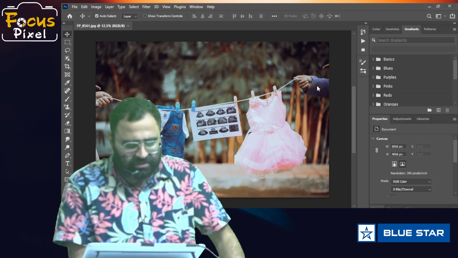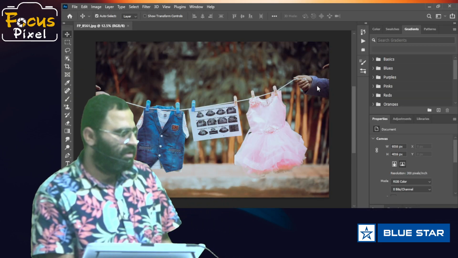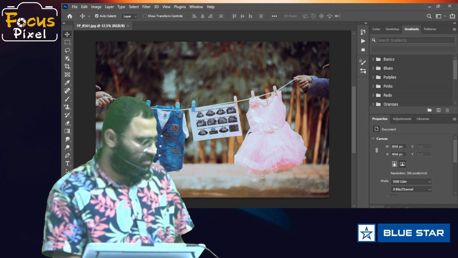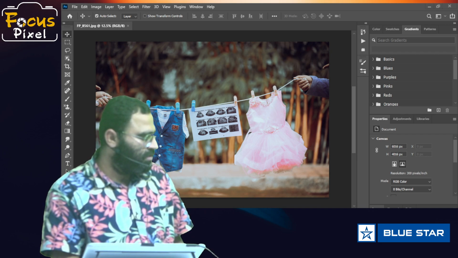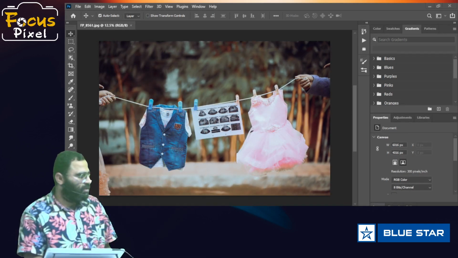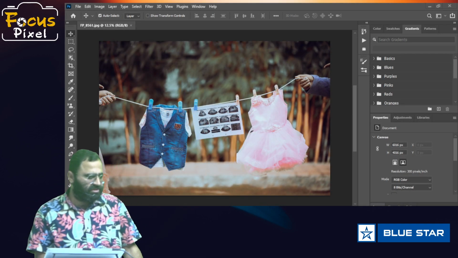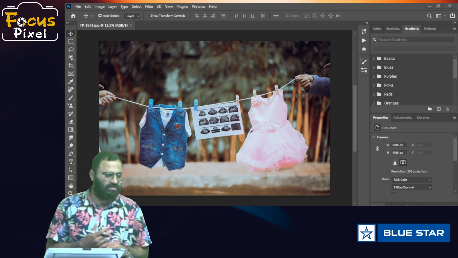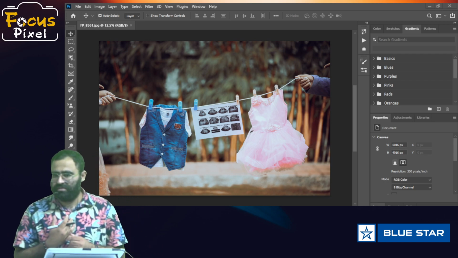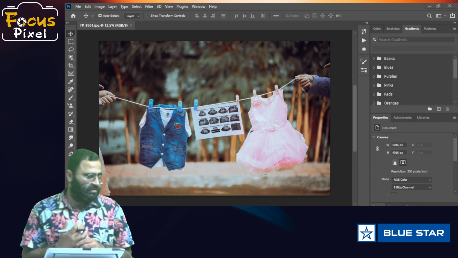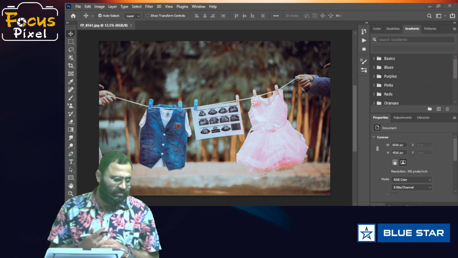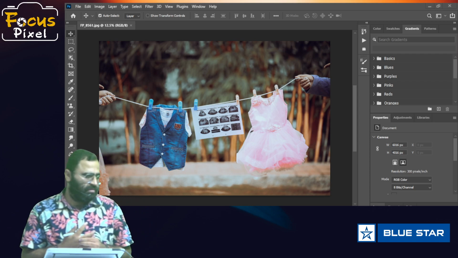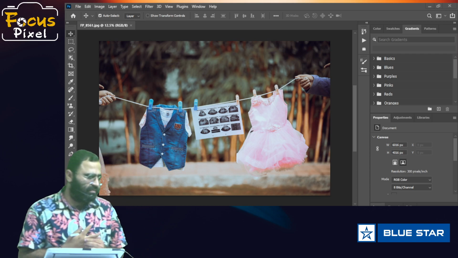This is one image. Now what colors can you see in this image? Everyone in the chat box, what colors can you see in this image? Name the colors in the image.